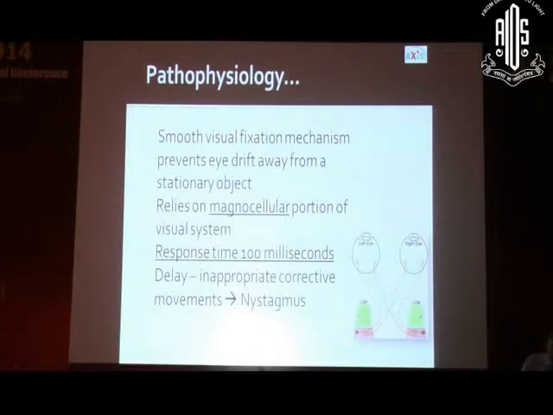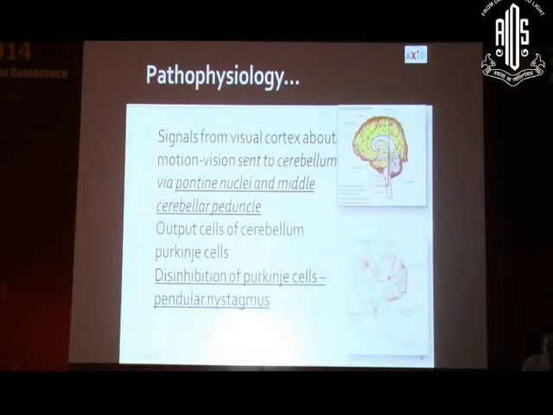So the smooth visual fixation mechanism prevents the eye drifting away from a stationary object and relies on the magnocellular portion of the visual system, and it has a very fast response time. So if there's a delay in the response time from this magnocellular portion, then we might end up having nystagmus. The visual cortex, the cerebellum and the pontine nuclei play a very important role in the maintenance or